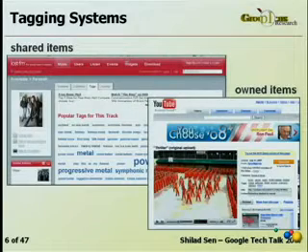Another very important dimension of tagging systems is whether the items that are tagged are shared by users in the system or whether they belong to particular users. On the shared side, last.fm is a website that presents information about music. It's kind of a social networking site built around music.